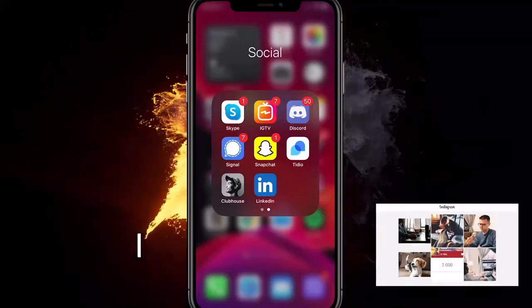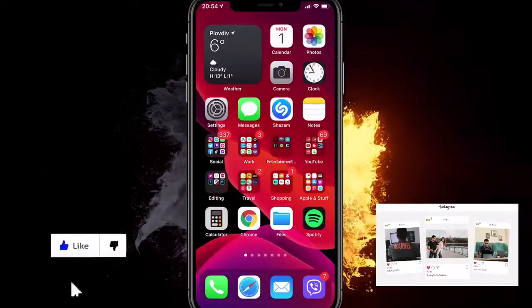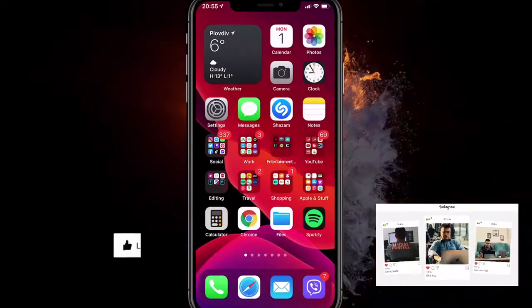Hey, in this video, I'll show you how to actually change your iPhone keyboard background in 2021. It works on